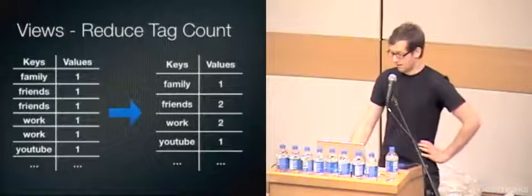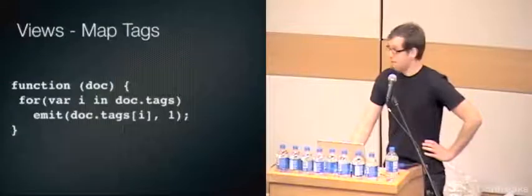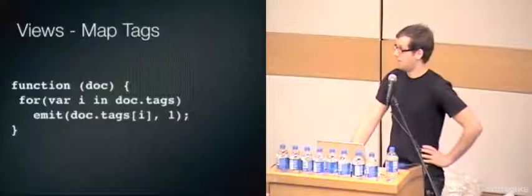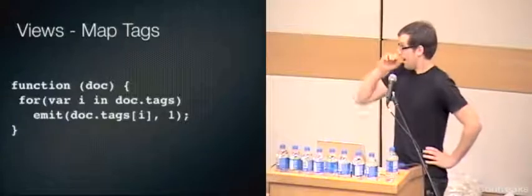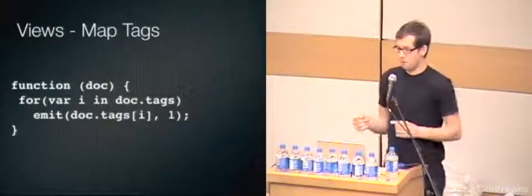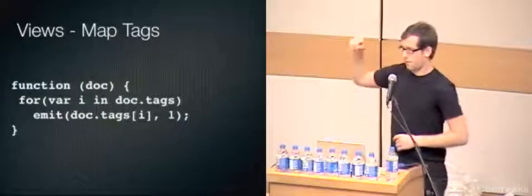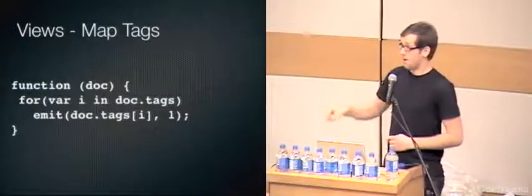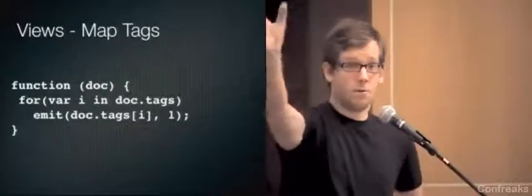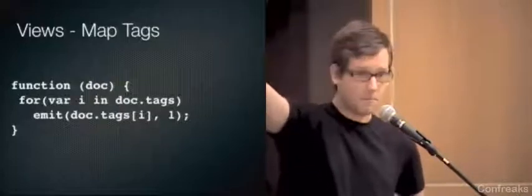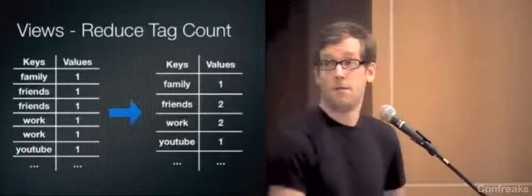Since this is a programmer-centric conference, there's code, and this is the map function. That's just 2.5 lines of code. When you query the view, CouchDB goes through the database and throws each document into the map function. It receives a doc argument, which is our document, and this document has an array attribute called tags. We just iterate over that and emit, that's our internal function to create the list you just saw, with the name of the tag and the count of 1. And that produces the list on the left.